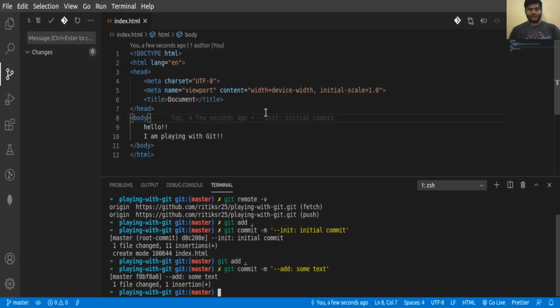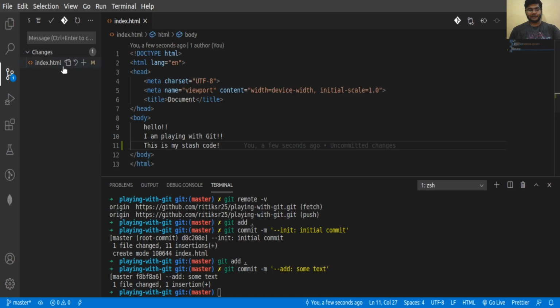Okay, so all our changes are saved right now. Let's make some more changes. This is my stash code. Since the last committed stage, we have added some more changes, and it is currently in our working directory.